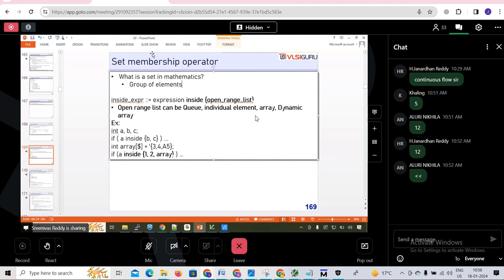Membership means what? We are checking, we are looking for someone. Let's say there is a group of 10 kids. I want to go and check whether my son is there in that group of 10. Instead of checking each kid, all I can say is check whether this person is in the group. If it is there, it will tell us it's there. So in simple terms,